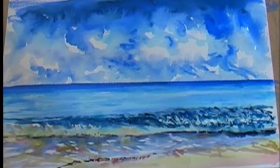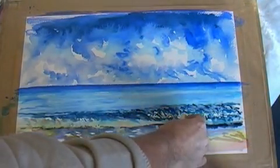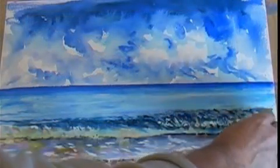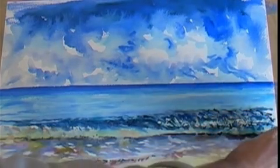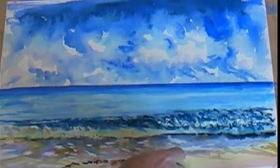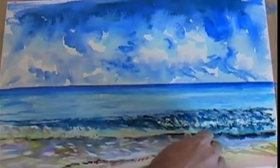Now what I'm going to do now is just take a little bit of pastel for the fun of it. I'm just going back and I'm just going to use a little bit of pastel here just to break in one or two bits of white just to show you what can be done. I'm using that pastel to twist the marks down there. You can go along this edge of this water here. You could use white gouache, equally the same, but just to bring some of the whites back that I lost earlier to show you that you don't have to be perfect with your